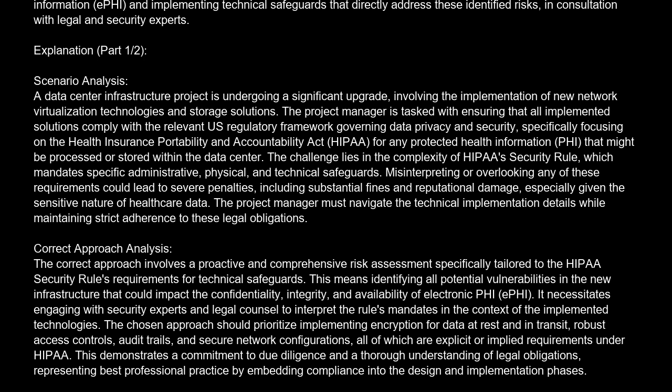Correct approach analysis. The correct approach involves a proactive and comprehensive risk assessment specifically tailored to the HIPAA security rule's requirements for technical safeguards. This means identifying all potential vulnerabilities in the new infrastructure that could impact the confidentiality, integrity, and availability of electronic PHI. It necessitates engaging with security experts and legal counsel to interpret the rule's mandates in the context of